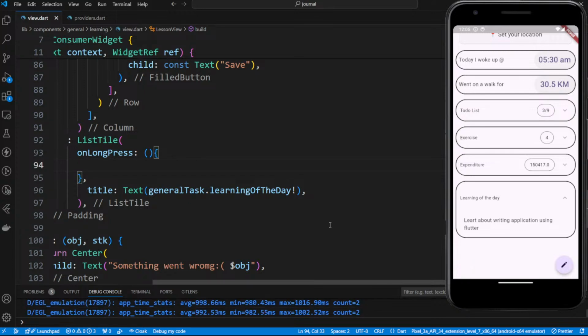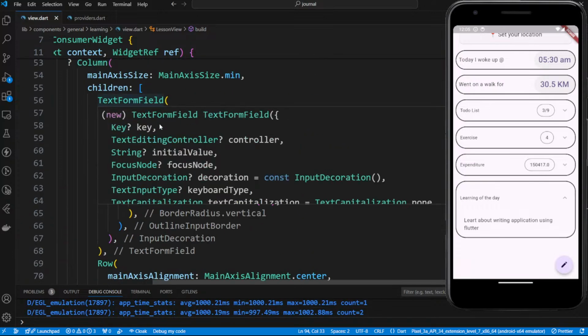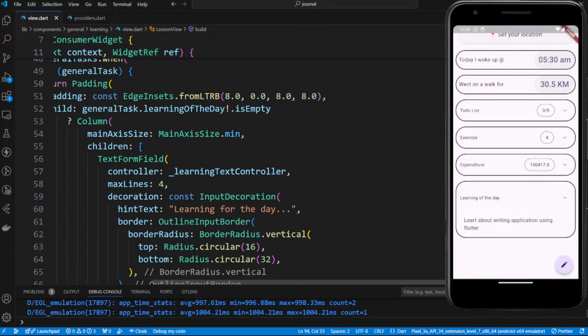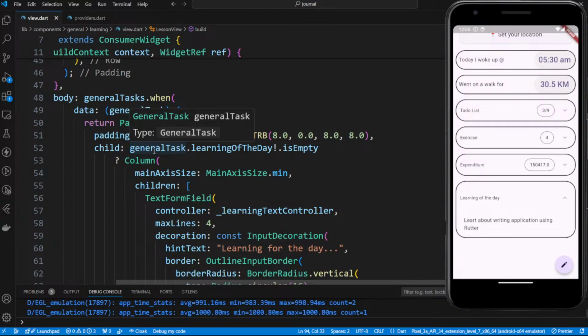What do we do? We want to go back here, right? But this is a main class. This is dependent on a different provider. So